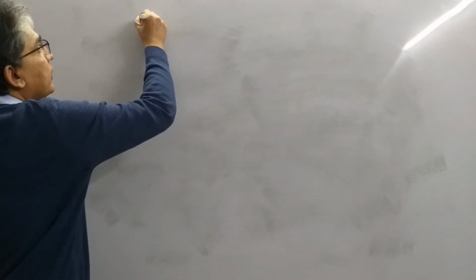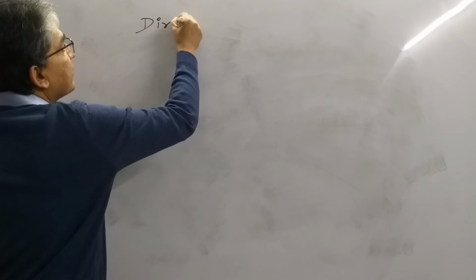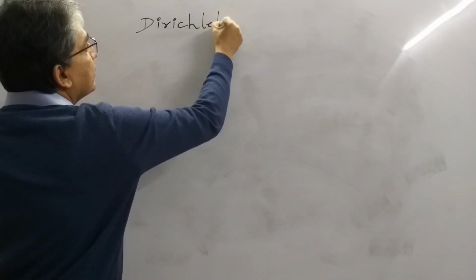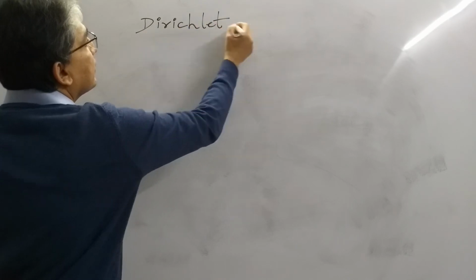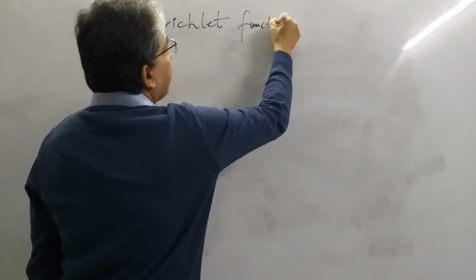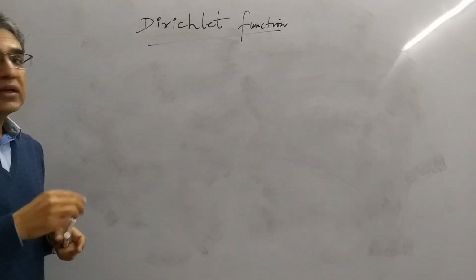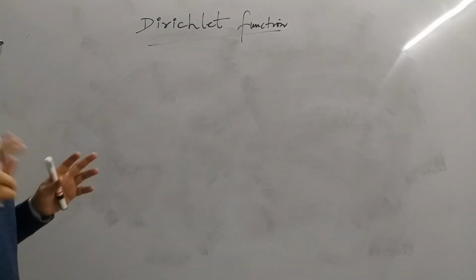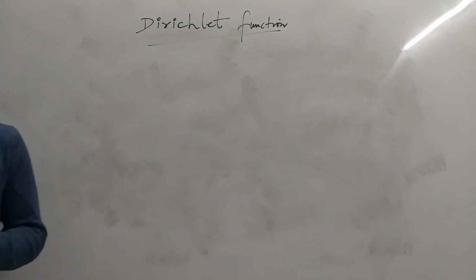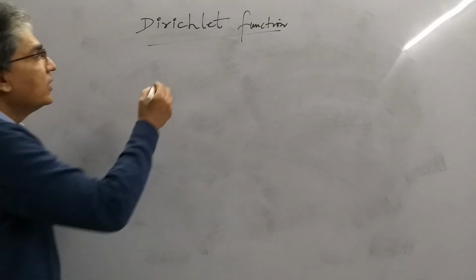Now one more example which I think should make things clear. There is a very famous function in mathematics called the Dirichlet function. He was a very famous German mathematician, so you'll excuse me, I don't know the correct pronunciation. I'm not sure about that, but I'm sure about the function that he gave, and that is the good thing. So the function was